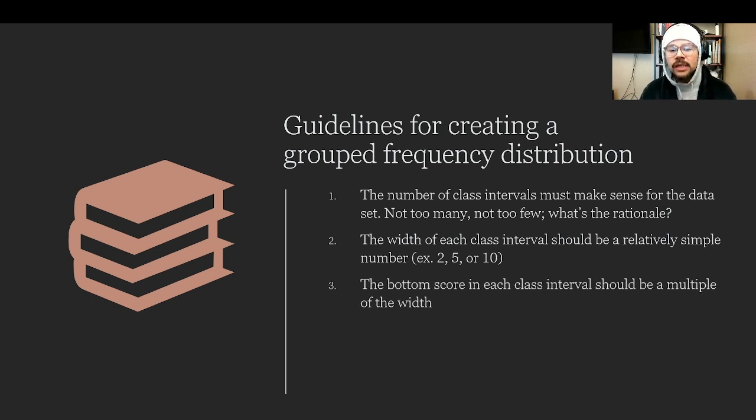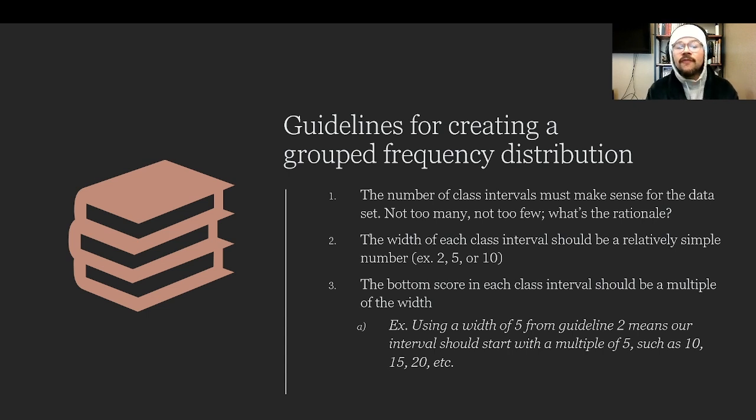The bottom score in each class interval should be a multiple of the width. So, for example, if you have a width of 5 and your rationale for your research is that a width of 5 makes the most sense, then each of your class intervals, the bottommost number should start with a multiple of 5. I'll show you what this means on the next slide after we've grouped our data into a grouped frequency distribution. Finally, all intervals should have the same width. Okay, these are your general guidelines for creating a